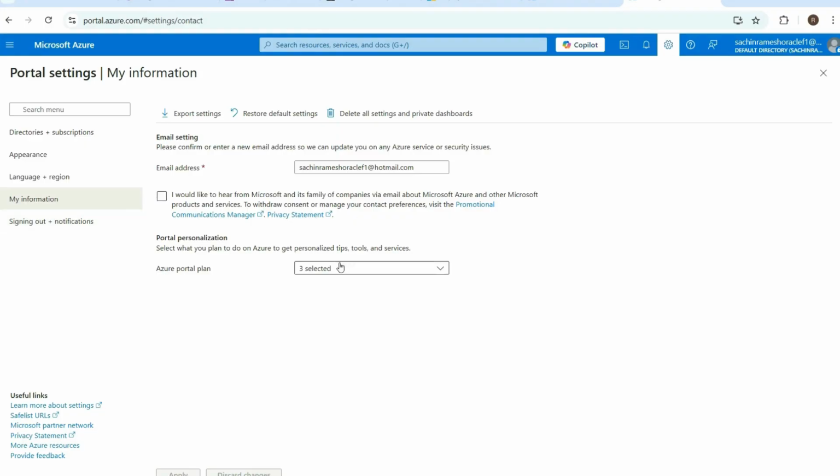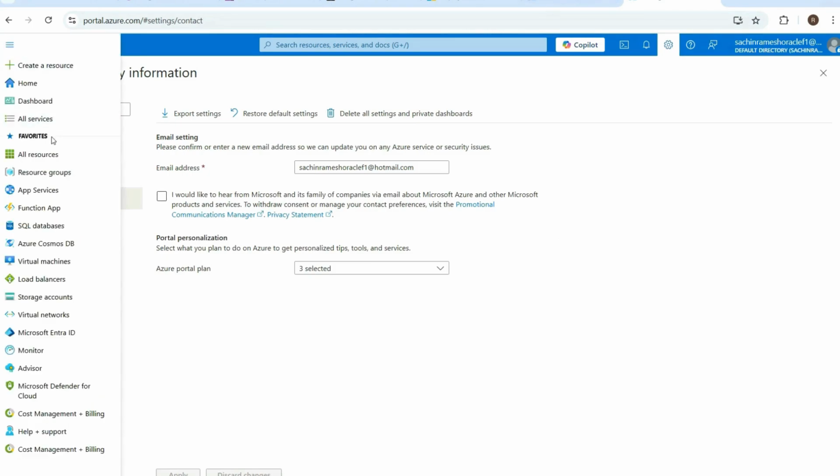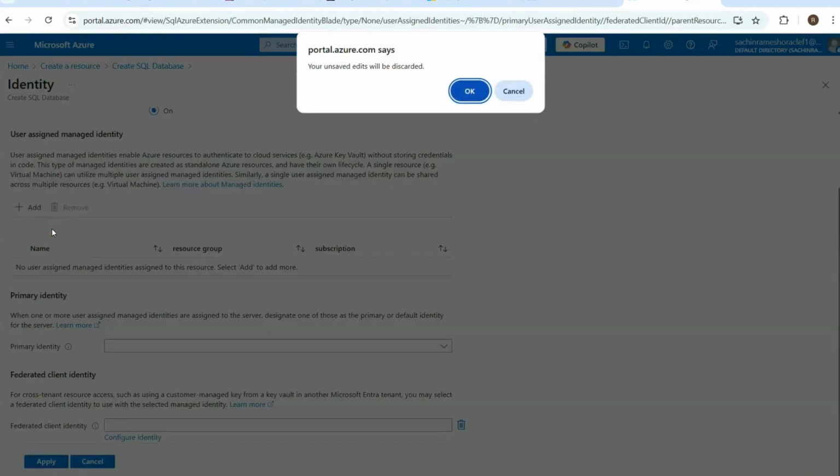So this is all the other settings: language, region, and appearance, directories and subscriptions. Everything will be available in this. And again I will go back and show you the setup, how to create that Microsoft SQL database in Azure. So this is my email address, like my subscription, and